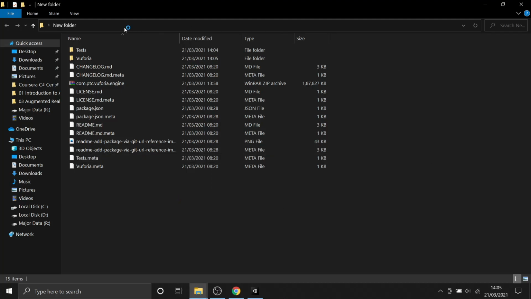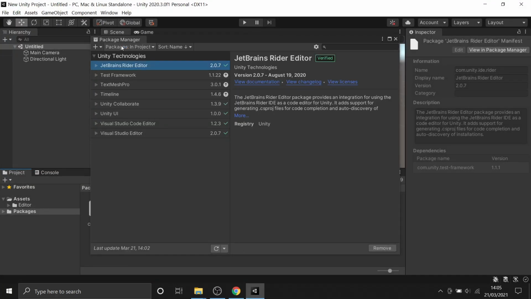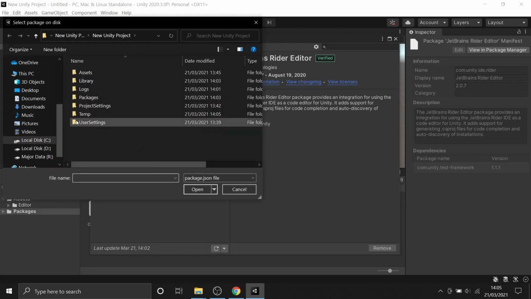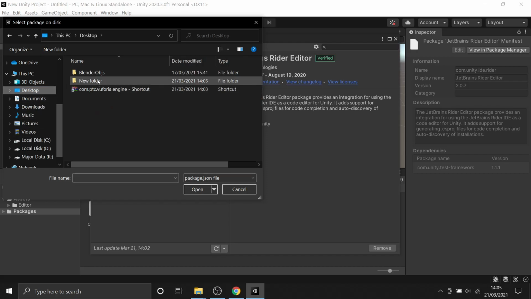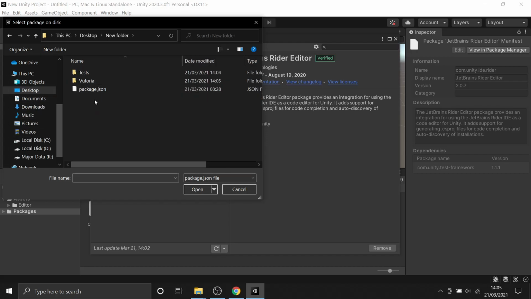Now you can see the package has been extracted in this new folder, and what you need to do is just click on this plus icon right here and choose Add package from disk. Once you do it, go to the folder where you have extracted the Vuforia package, and you can see a package.json file here.